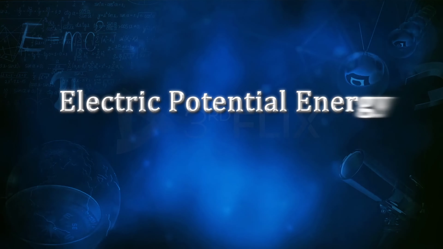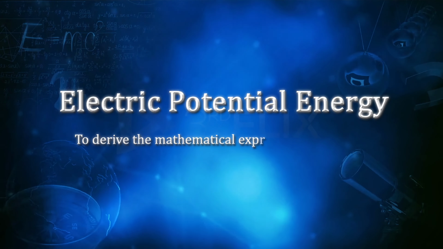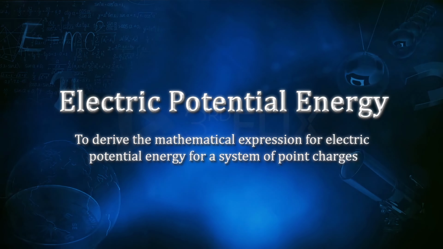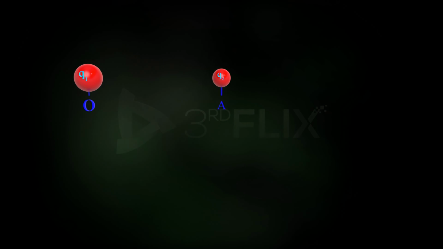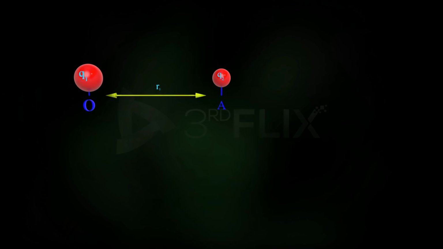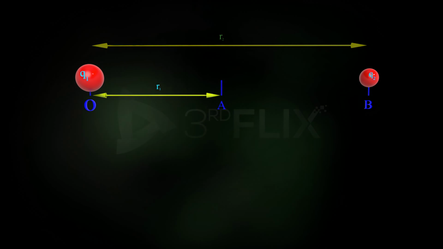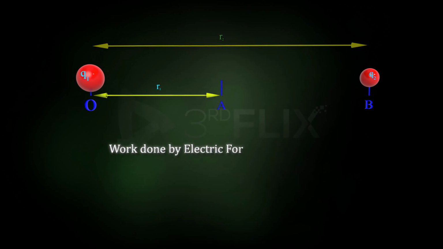Electric potential energy. Objective: to derive the mathematical expression for electric potential energy for a system of point charges. Consider a fixed point charge Q1 at O. If another point charge Q2 at A, that is at a distance r1 from O, is moved to point B, that is at a distance r2 from O, calculate the work done by the electric force along the path from